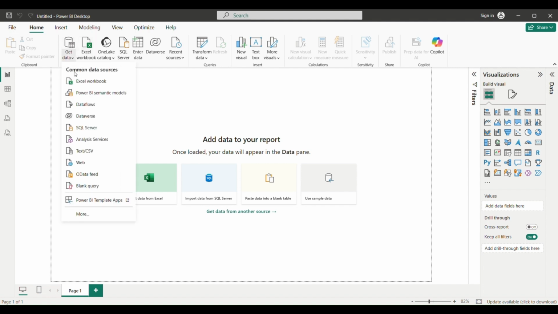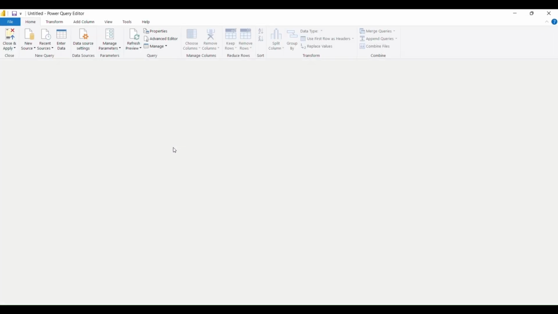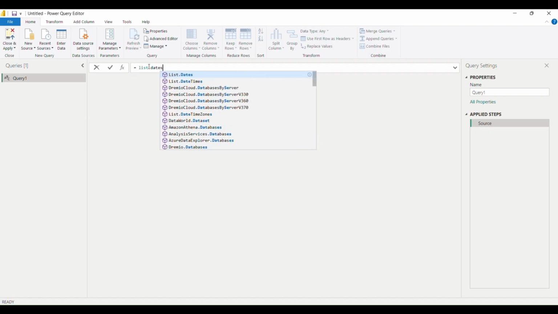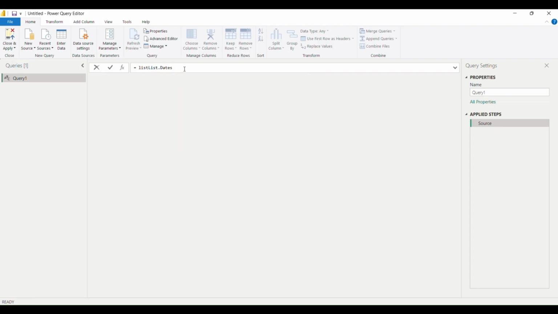We go and get data. We choose blank query and we will use a formula, list dates. So we'll say equal to List.Dates. This is the function for our calendar. Let me just delete the word before, so I get only the formula, open parentheses,